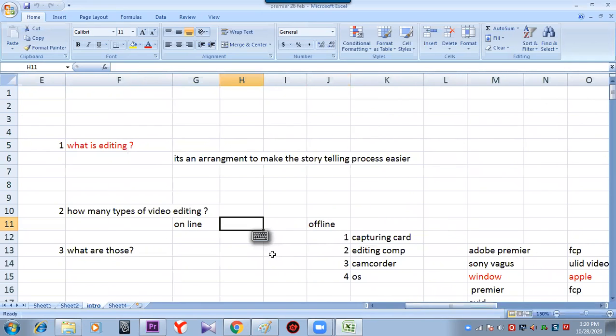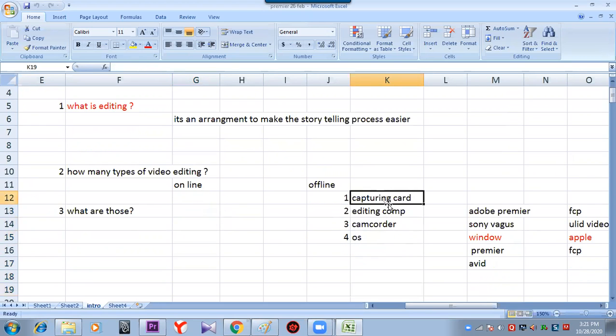Now, what are the different types of software available in the market for offline editing? It's not only Premiere, there are a lot of software. We are not learning Premiere now, we are learning offline editing. With this same knowledge, you can work in any software, only the tools or some icons will change. Every day new software are coming up. It's not mandatory to pay and learn each one. Once you understand editing, you can work in any editing software.